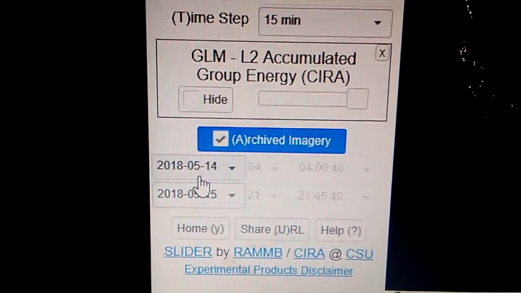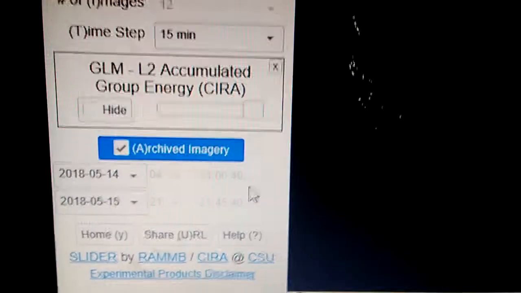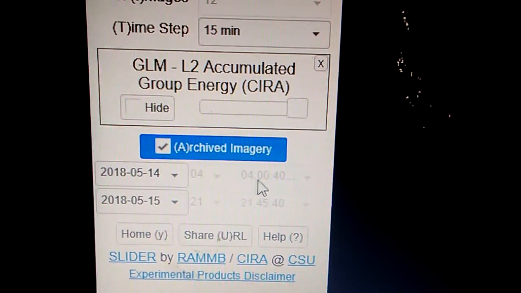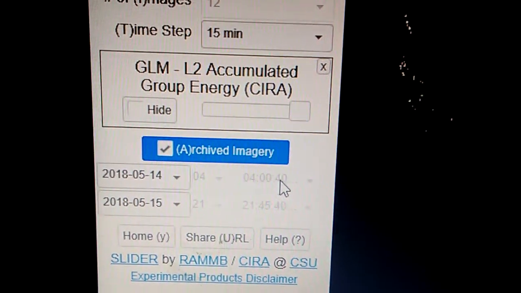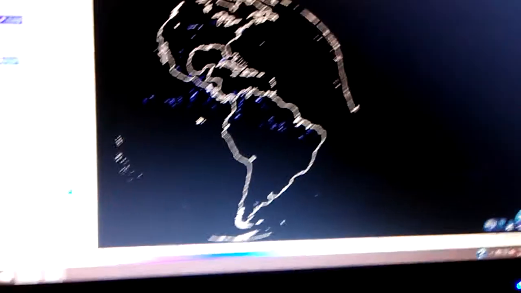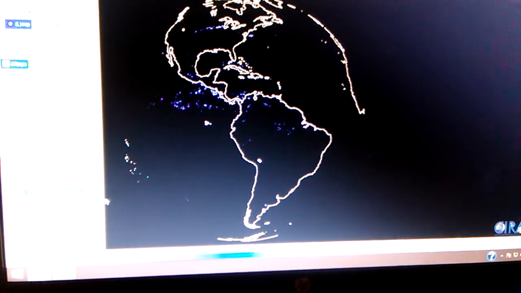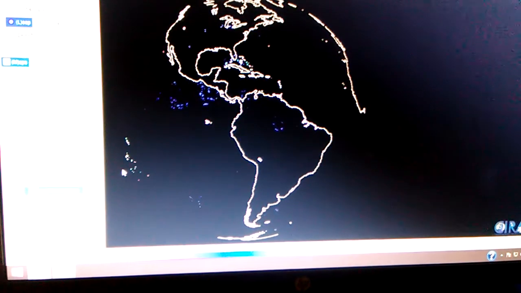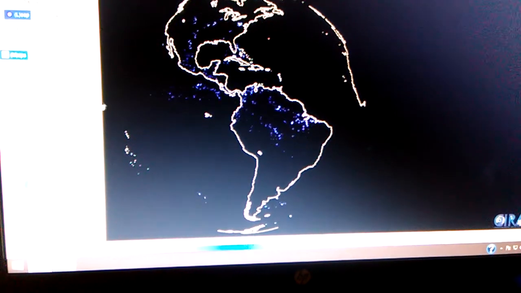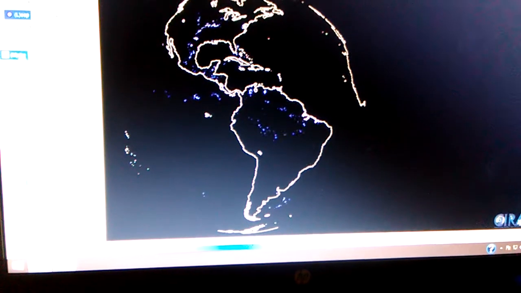Then I always set it on the day prior at 0400 because of the events that usually take place between 4:30 and 5:30. I wanted to catch those, so I get a whole day, and then up to the current time. So I let it scroll through and I just kind of watch the energy. This is a good day to use as an example because there is a lot of storm activity. But then I get rid of the maps.